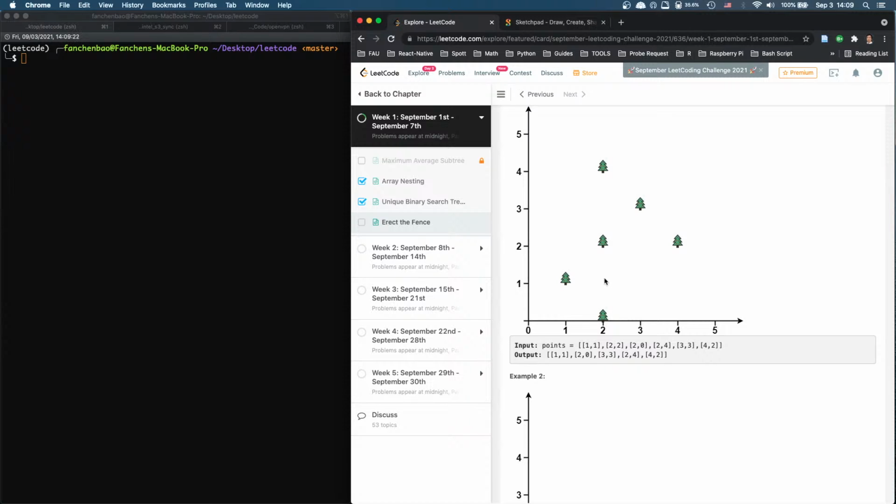When x is the smallest, then we keep it, whatever values there are. And then we go to the second one. Basically, think about the second column, and we take the max and min. So the first one we take everybody there, but for the second one we only need to take the max and min because everybody in between will be considered included. Right, so we take the max and min, and then the next one,